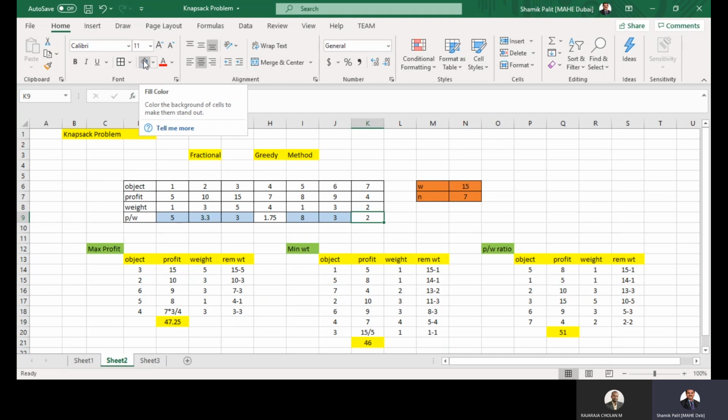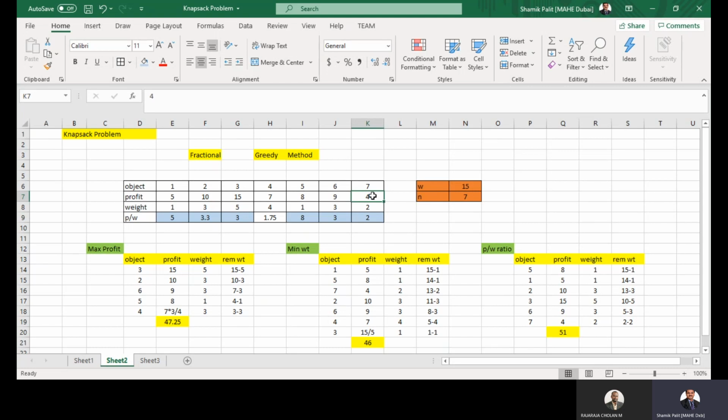So we have considered the profit versus weight as 2. Now your weight is also 2, so it is getting a match. 2 minus 2, so our bag is full, and this is the last profit we have considered, because the profit versus weight 2, we have to consider the profit as 4.